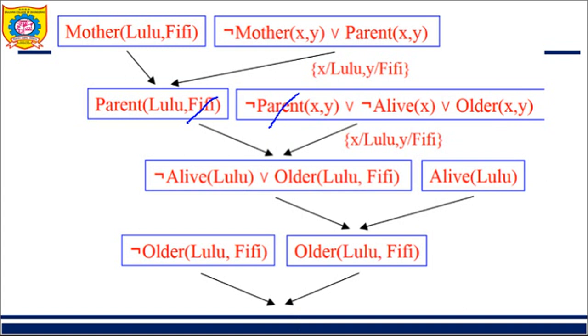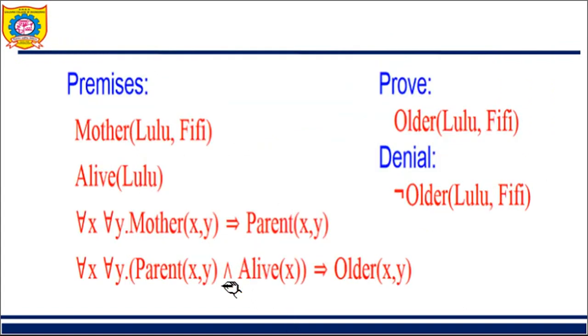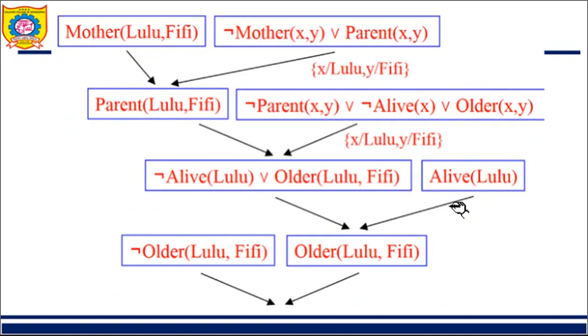Then what clause remains? Now see, we have already covered this clause, we have taken this clause, we have taken this clause. Now what remains is this alive, and this not older. These two clauses are remaining. So next clause we have taken alive. We are free to take any clause. So here alive Lulu gets cancelled. What remains over here is the older clause, and the last clause which was remaining is the not older clause. Again these get resolved. Now what remains as an output is an empty set. So I can say that my conclusion is derived. Okay, it is that simple.